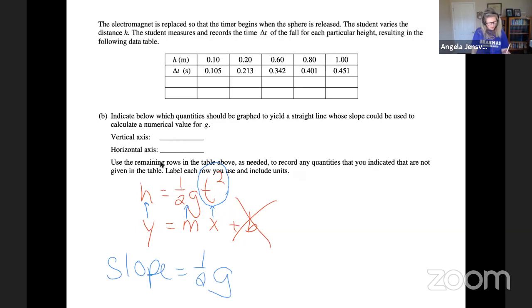So in the vertical axis, you should graph h, and on the horizontal axis, you should graph delta t squared, the interval of time squared. Oh, so that's why they gave us these extra rows. Okay,